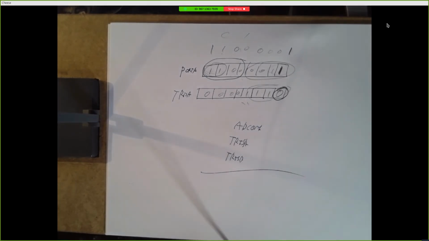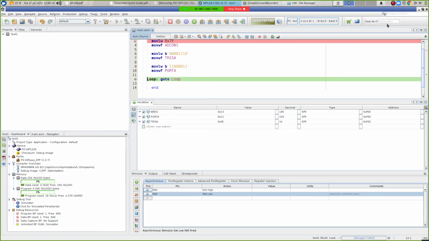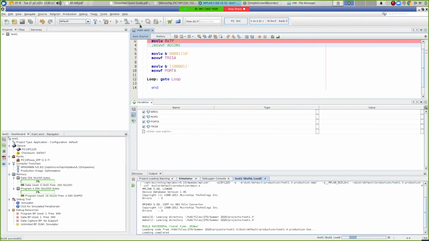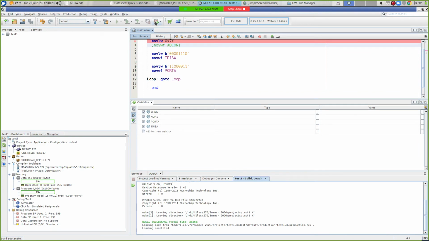Can you remind me what the ADCON 1 register does? ADCON 1 controls whether we're doing analog or digital I/O. And if we comment this out and we run the same code,